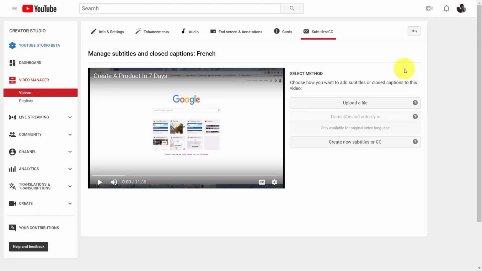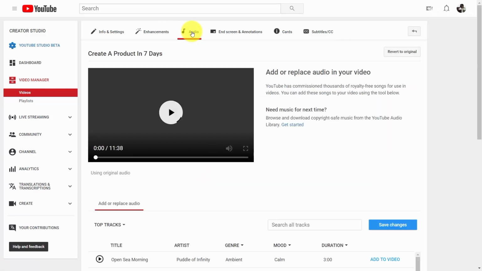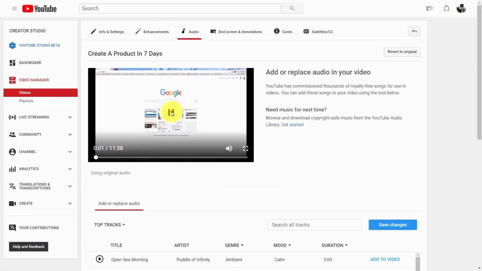Welcome back. Now, depending on what your live stream is and what you're trying to do, another part of the post-production process may be to add music. You can do that inside of your video editing screen by going to this link that says audio. When you do that, you'll notice that you can add or replace audio inside of your video. Now, you're not going to be able to add anything from your personal computer to your existing video,